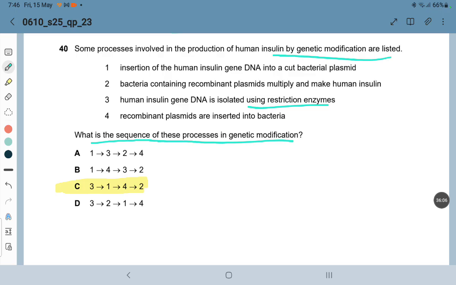So of course now A and B will be the incorrect options. Now it's telling you 3, and giving 1, 4, and 2. So 1 is the insertion of human insulin gene DNA into cut bacterial plasmid. You cannot tell me that bacteria containing the recombinant plasmid multiply, when you didn't even insert the gene into the bacteria. First you need to extract the gene from the DNA, and then insert that gene into the plasmid for the bacteria, which we now call a recombinant plasmid. That recombinant plasmid will multiply and make clones of cells over a period of time,